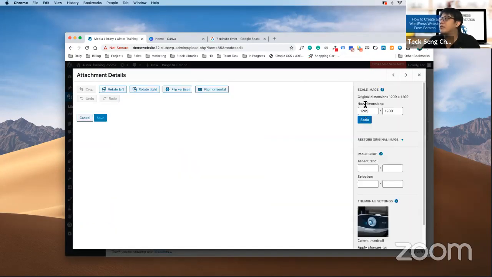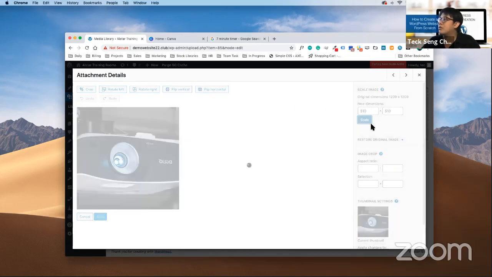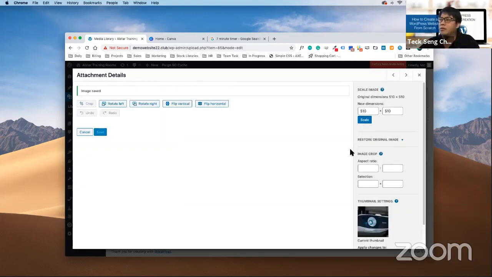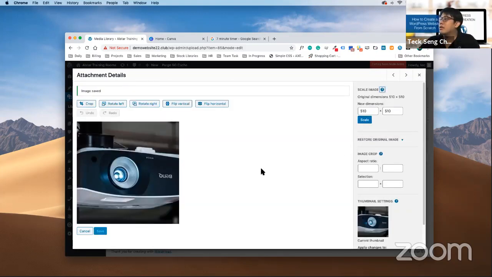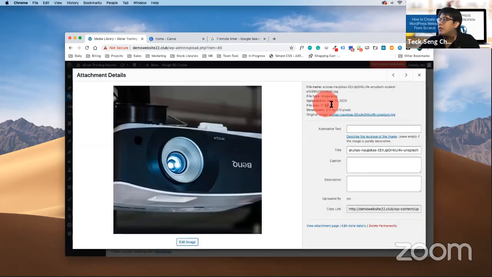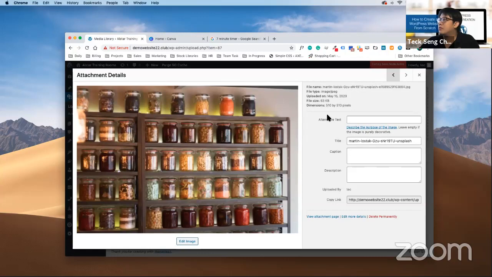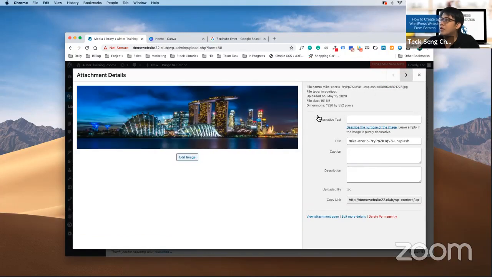Now we just need to scale this to 510 times 510. Once you're done, click on scale. When scaled, click on cross, open up again. I should be able to see 31 KB. Just check my images again: 510, 510, 510, 510. Then the last one should be 1920 by 552.